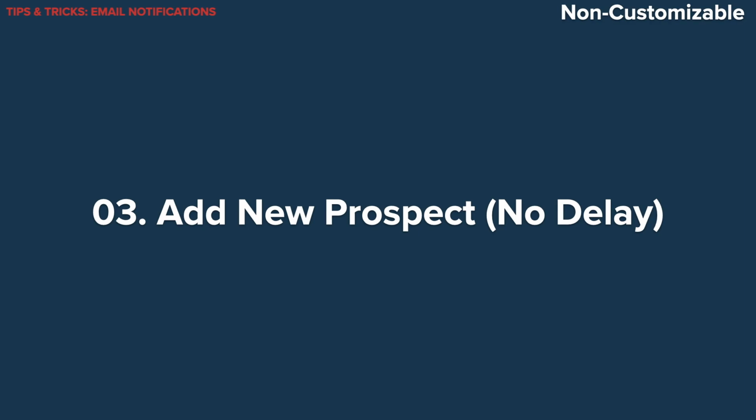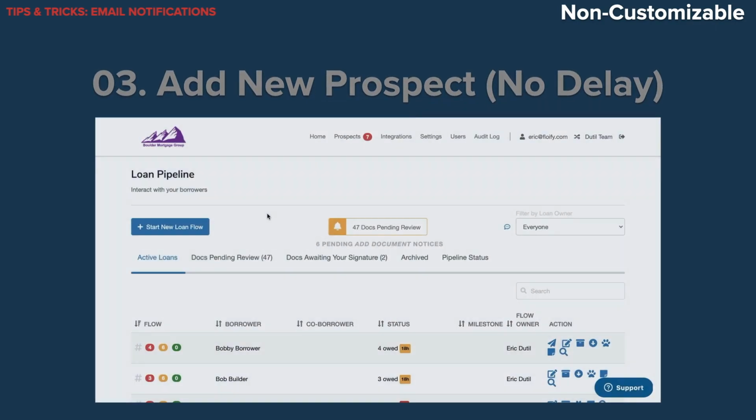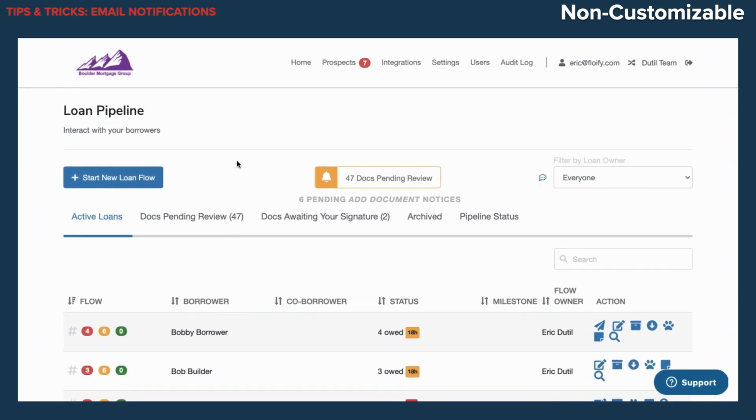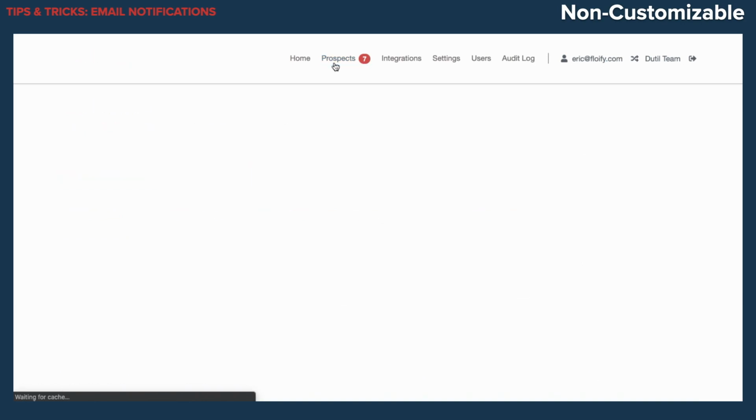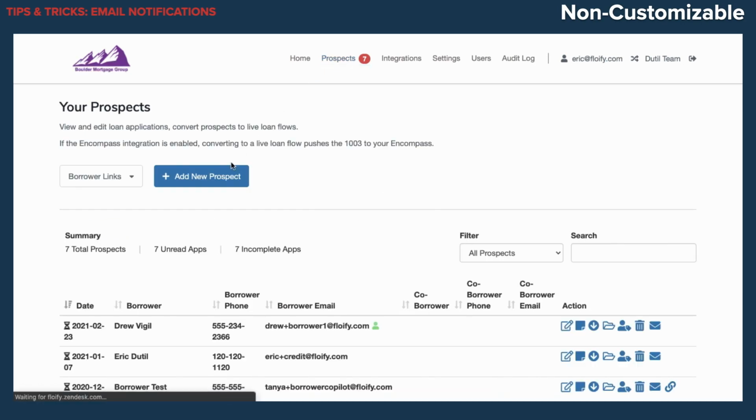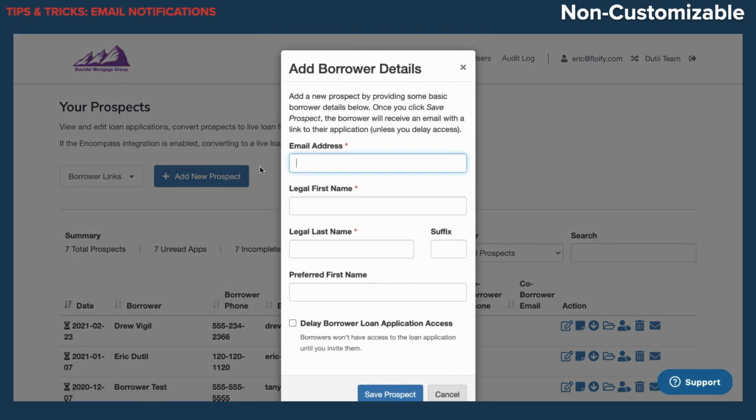Okay. Next is going to be the add new prospect without delay. Now, let me go ahead and show you how this one works. So if we're looking at the loan pipeline here, if we navigate up to the top where it says prospects, that's going to take us to our prospects page, and we can click add new prospect here.